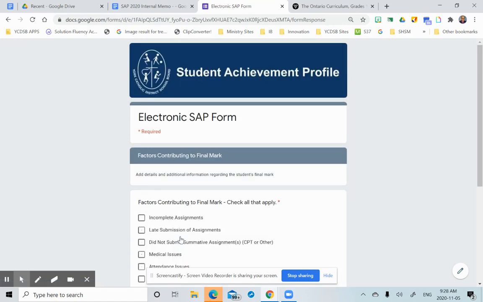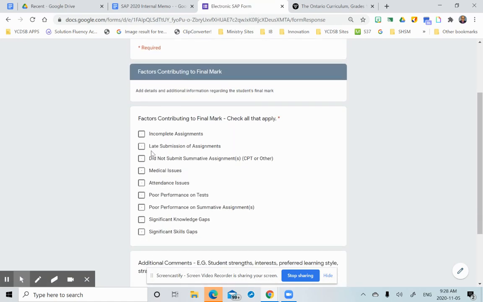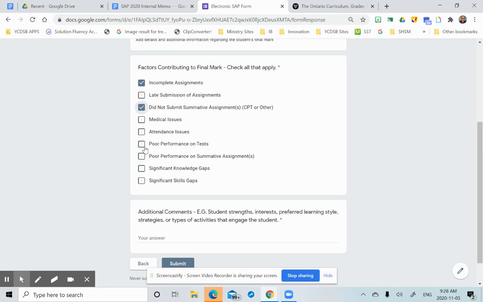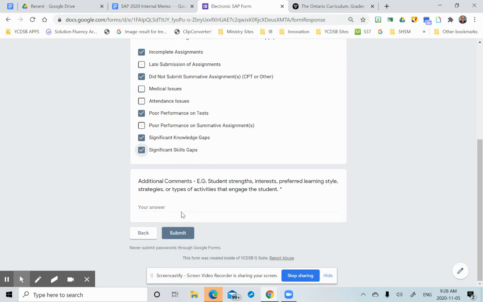So now I'm going to move on to the next page, which is going to ask me, what might be the reason for not being successful in the course. So I'm going to say a lot of incomplete assignments, did not submit the final summative, perhaps, poor performance on tests. And let's just click these last two. Okay, and then finally,